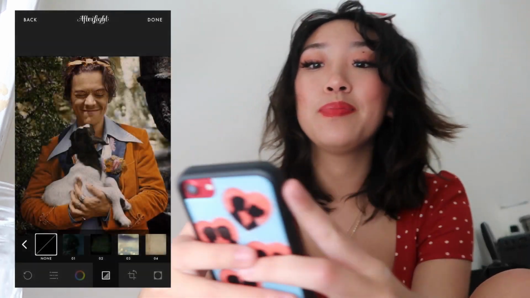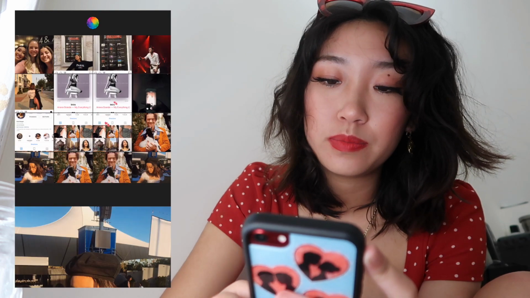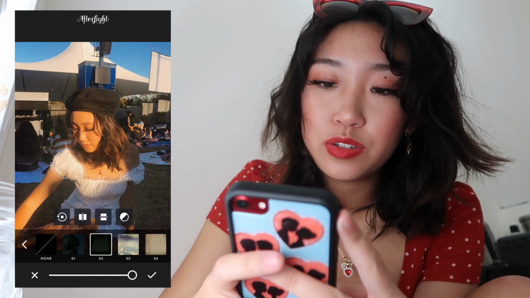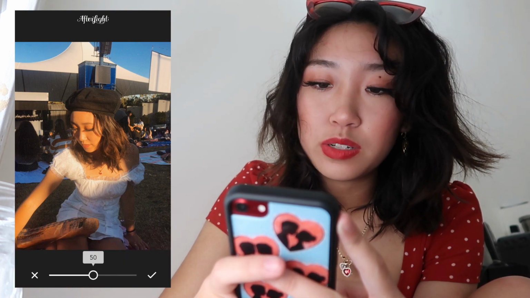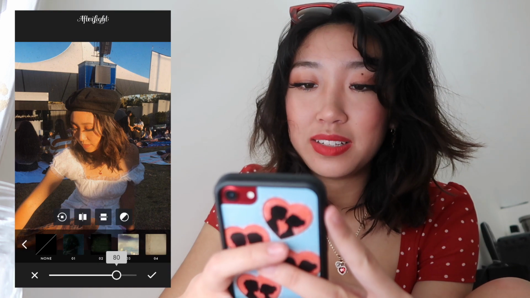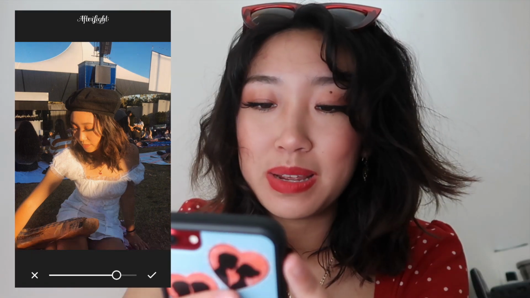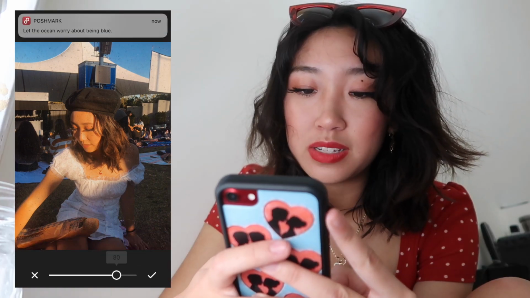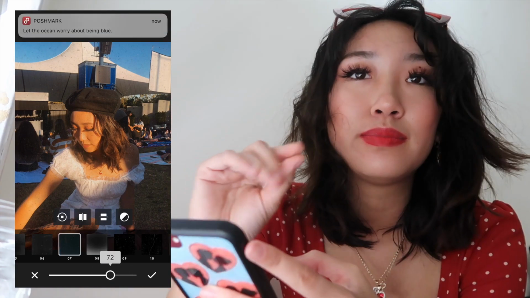Here, I'll do the last one. Okay, so this one. The box, dusty, 2. I'm bringing this one down a little bit because do you see how faded out it looks? I like the black one because it makes it darker. If that even makes sense, it probably doesn't. Probably have no idea what I'm talking about. I just like 07 sometimes because it has a lot more specs, you know? Moving on to